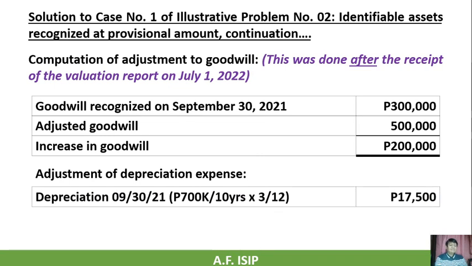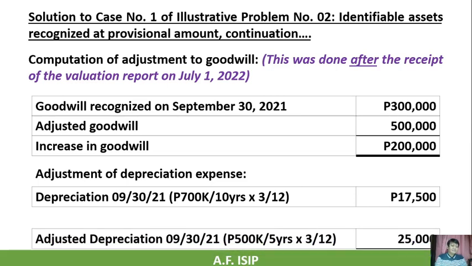So, the depreciation expense on the date of the business combination is 17,500. That is 700,000 pesos, the provisional amount for the building, divided by 10 years, the provisional useful life, multiplied by 3 months divided by 12 months. Why 3 months? That is September 30 to December 31, 2021. So the depreciation expense that we provided on the date of acquisition before the receipt of the valuation report is 17,500